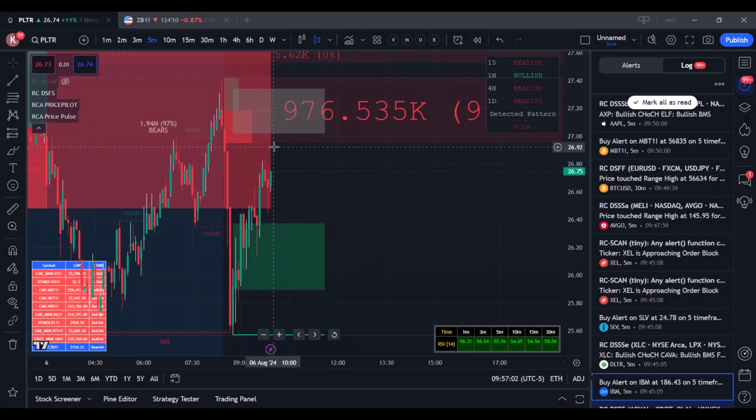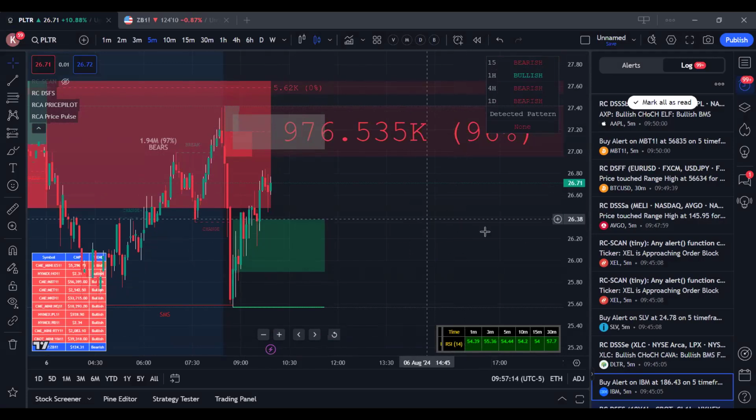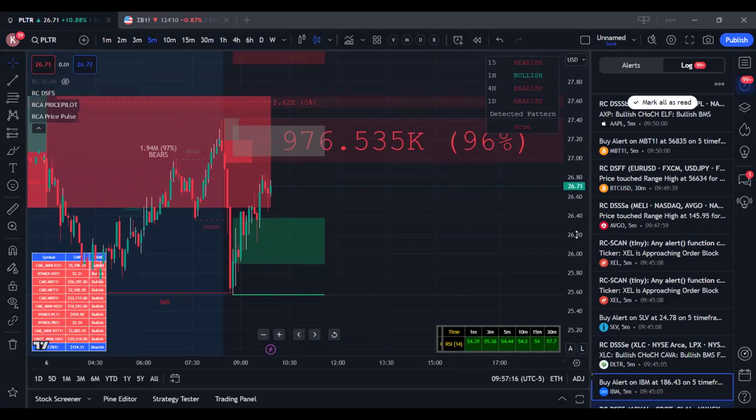Once it goes around $27 or 26.95, we can take the profits because there is a huge sell order block there. Again, at that point of time, it is an overall bullish stock, so it's risky to sell the calls, but yeah, we can take profits once it goes close to the